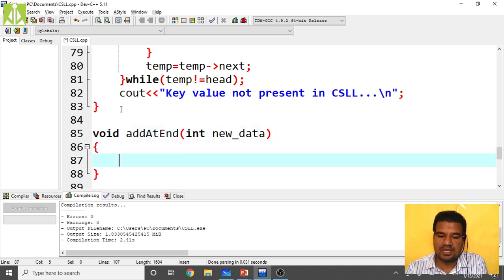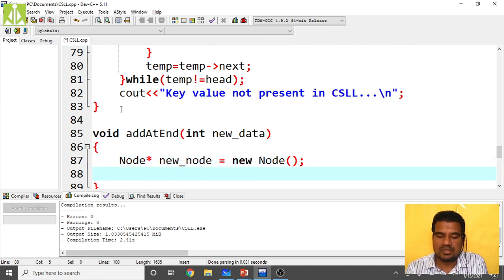Okay, so here first you create the new node. So node star new_node equals to new node. Then make the new node's data as new data. New node of data equals to new_data.